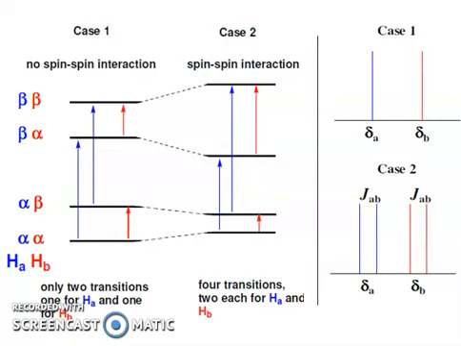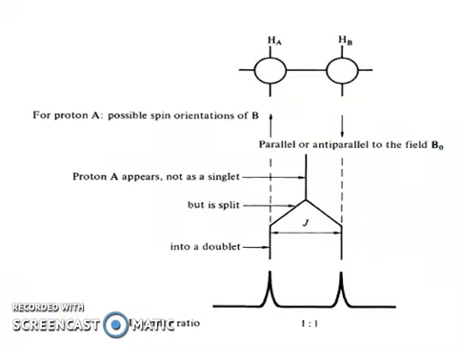It is not a single peak, rather it is a line splitting as a multiplet. Since here we have taken an example of a doublet, the peak is split into a doublet. I hope you have understood, and now what was displayed in the previous slide will be clear. HA has one orientation, HB has another orientation. This is called parallel orientation, this is called anti-parallel, and thereby the single peak is split due to the orientation of the neighboring proton, aligned and opposed to the proton HA. Thereby it splits into two.